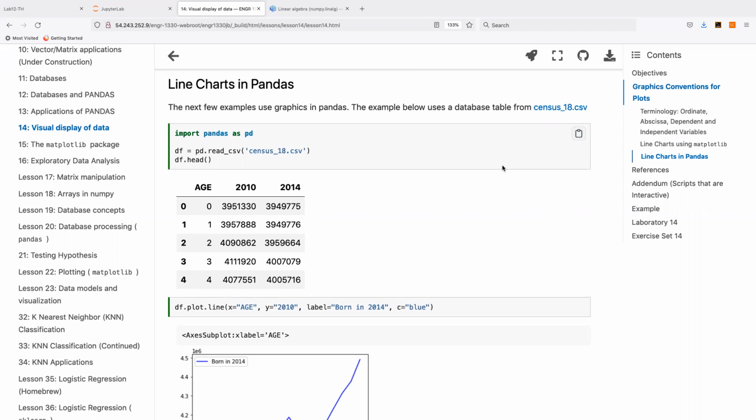So let's suppose we had the database from census18.csv, which I think you used in the last lab. And so import pandas as pd, read the database, get the head of it. And finally, we want to plot age versus